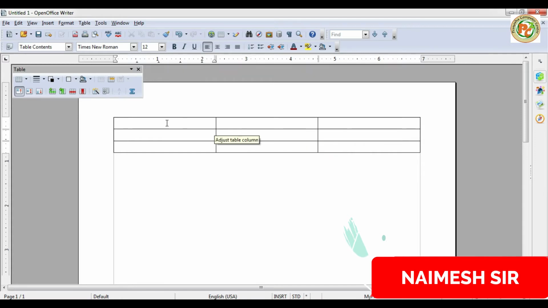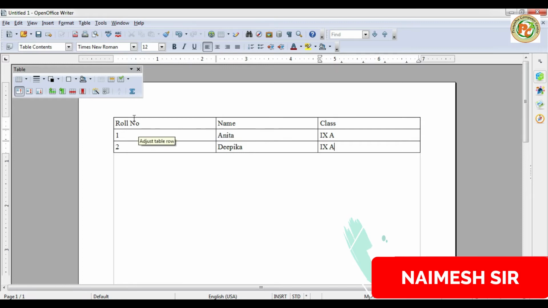Now in this we want to write here roll number, then press the tab key, then here we will write name, tab key, and then here we will type class. Okay, Enter key, and then here we will keep the information: roll number 1, name is Anita, and class is A. Now the second roll number, and the name is Deepika, and the class again the same.